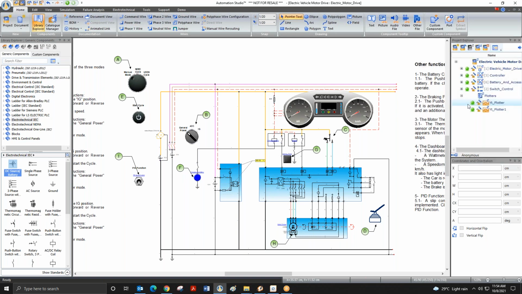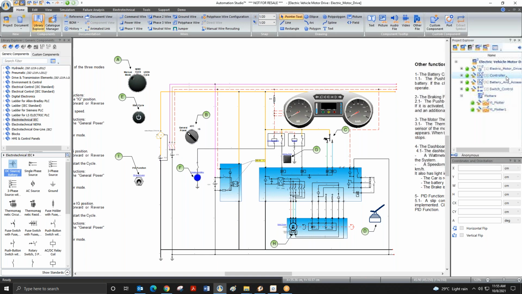Then the next thing: in this project, we had tested this particular vehicle for the NEDC and UDDS cycles. NEDC is the New European Driving Cycle. In Europe, if they want to check the performance of any particular vehicle, it needs to go through this cycle. If you look on the internet, it is basically an acceleration and deceleration cycle for a particular time, and that is the graph they have given.